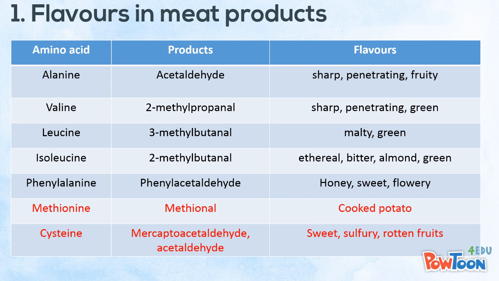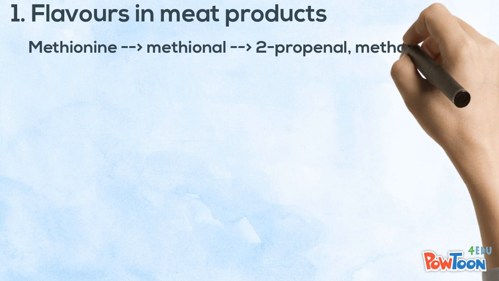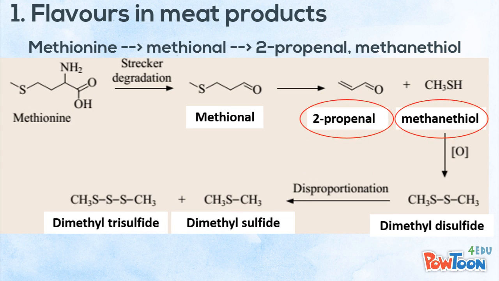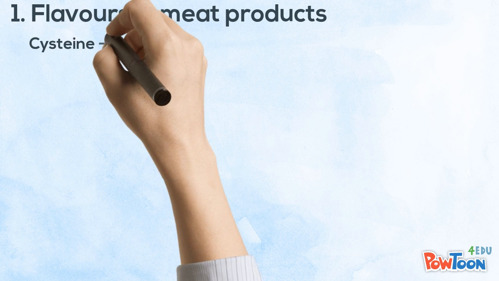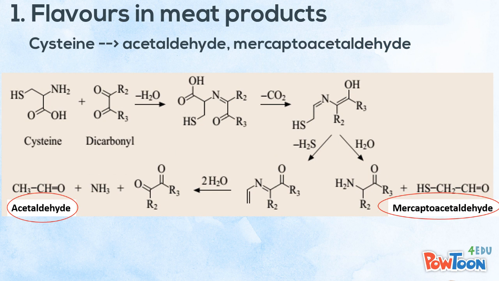Methionine and cysteine are the two most important amino acids in the formation of meat aroma. Methionine produces methional with the aroma of baked potato. 2-propanone and methanethiol are formed from the methionines, which are reactive intermediates participating in further reactions to form various final aromatic products. Cysteine produces a number of highly reactive intermediates with flavor-generating potential such as ammonia, hydrogen sulfide,